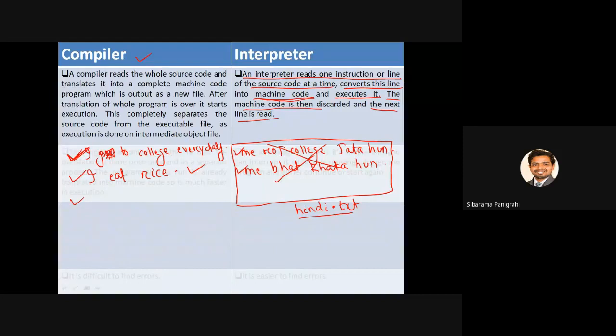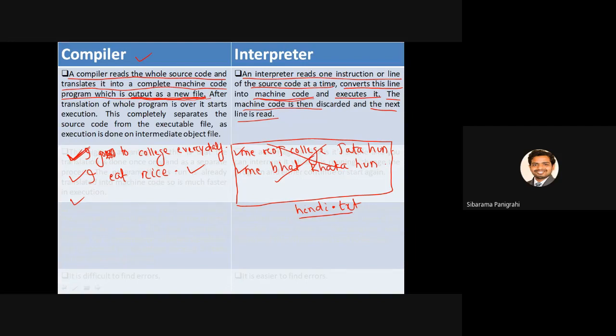Whereas in case of a compiler, a compiler reads the whole source code and translates it into a complete machine code program, which is output as a new file. So after the translation is over, in case of a compiler, it will create a new file. I hope all of you have studied the C programming language.